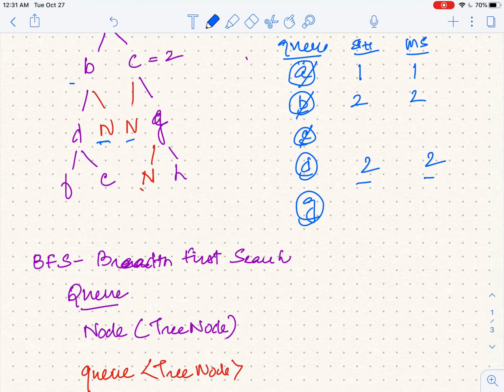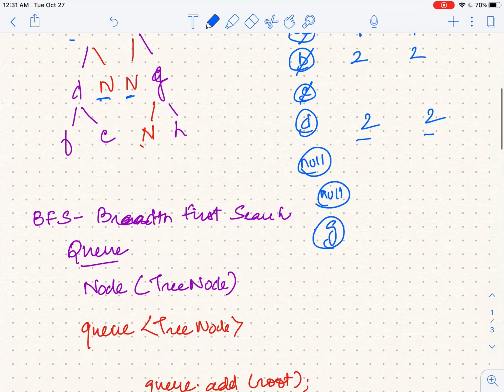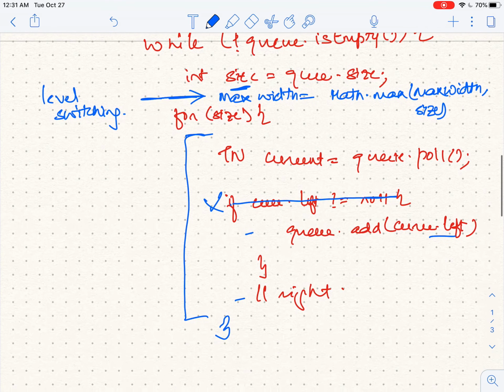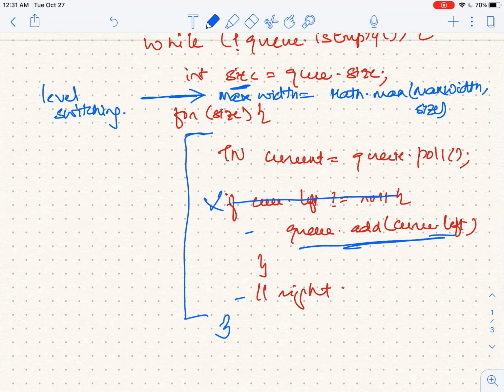Let's say I add a null value here, D instead of G. If I add a null value here, then null value again from this guy, and then G, what will happen when this null encounters? You will get a null pointer here,